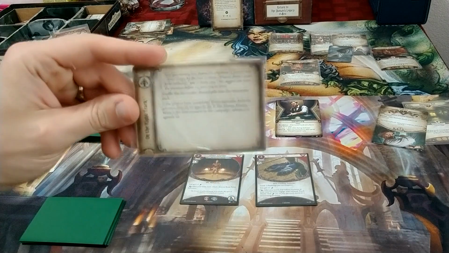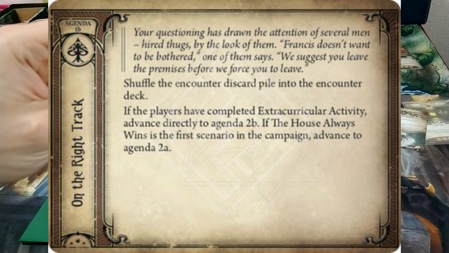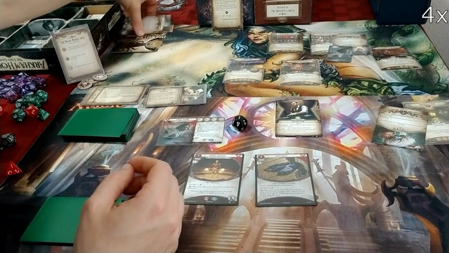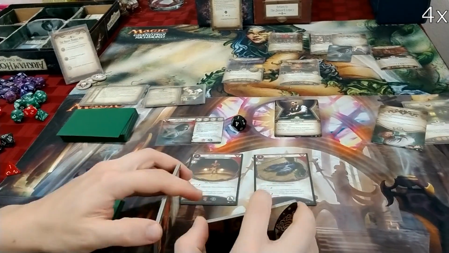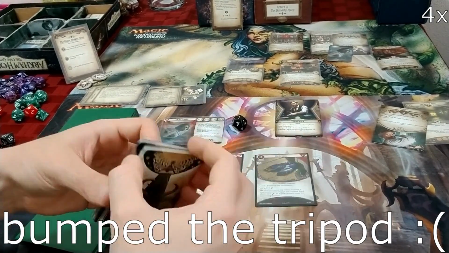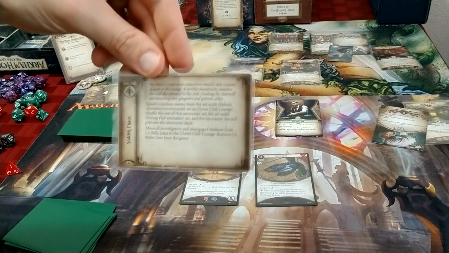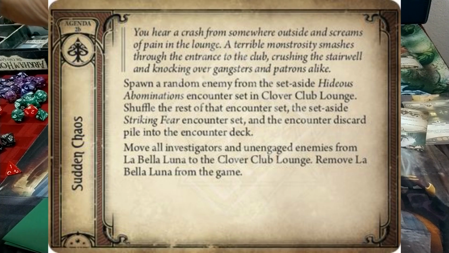And then moving into the 4th Mythos phase here, the agenda will advance. So we'll go ahead and shuffle the encounter discard pile. Give that a shuffly shuffle. And then I bumped the tripod, that was my bad. All right. And then, since we've already completed extracurricular activity, we're going to have to go ahead and move to